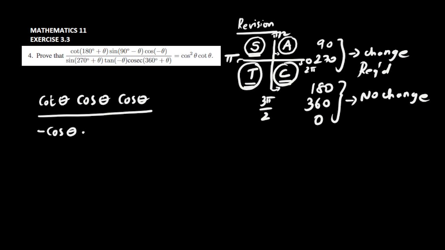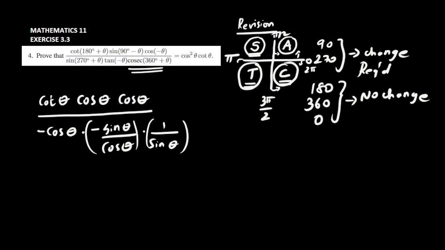And tan minus theta is actually in the fourth quadrant, and except cos everything else is negative. So it's going to be minus tan theta, which is sin theta by cos theta. The last one is cosecant 360 plus theta. 360 plus theta is actually in the first quadrant, and everything is positive. Because it's 360, you don't have to change the function. Cosecant is 1 by sin theta. So this is as far as we got,